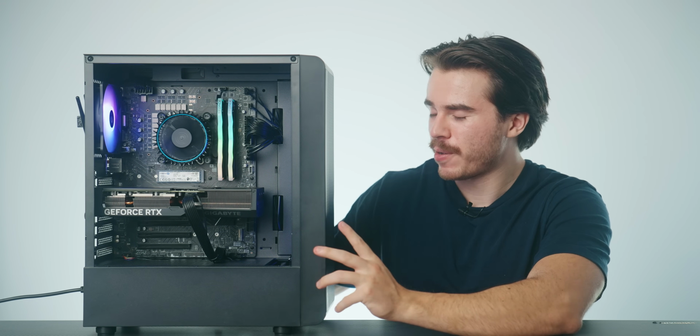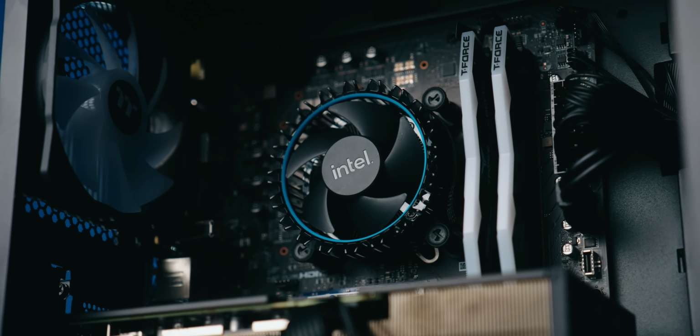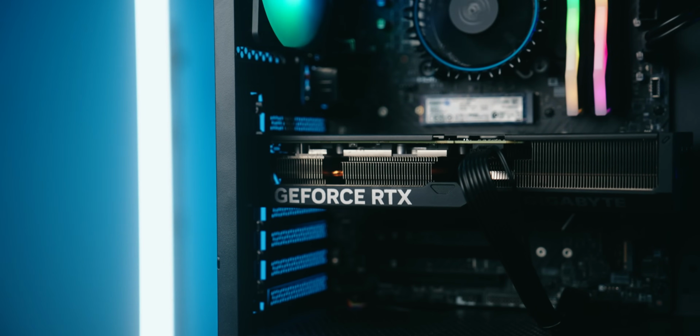But other than that, this is a pretty solid pre-built from ABS. The specs are pretty good. The i5 14400F should have no issues in the system for handling most 1440p gaming. Along with that, Nvidia GeForce RTX 4070 Super, which I recently listed as my favorite Nvidia GPU to get in the year 2024. So in hindsight and objectively, I don't see anything too wrong with this system. It's got everything that I want for a pre-built gaming PC,